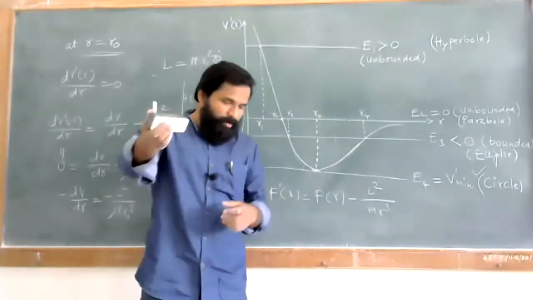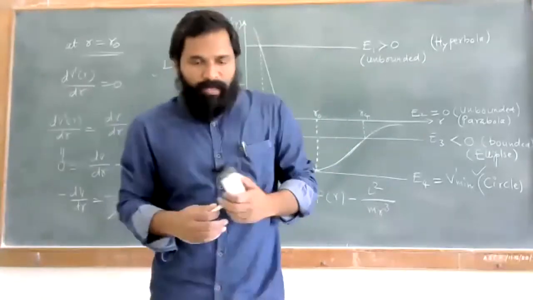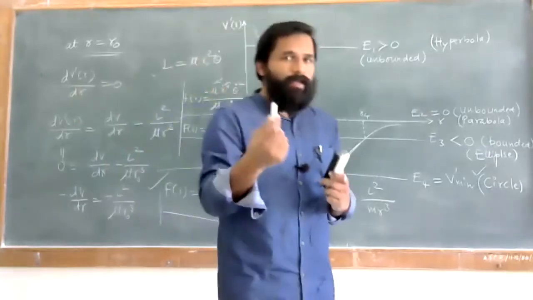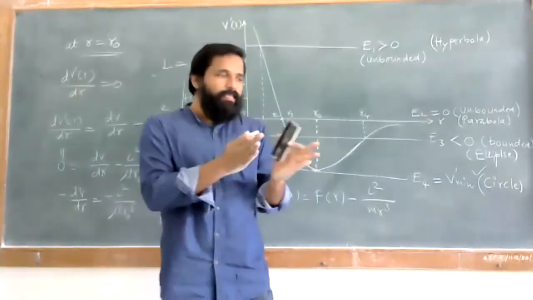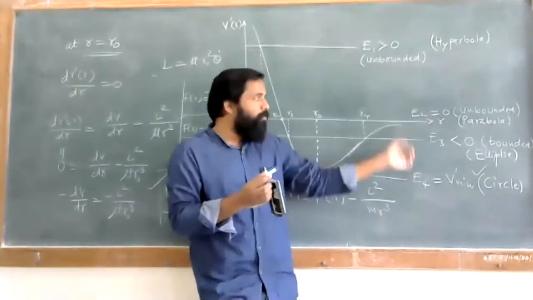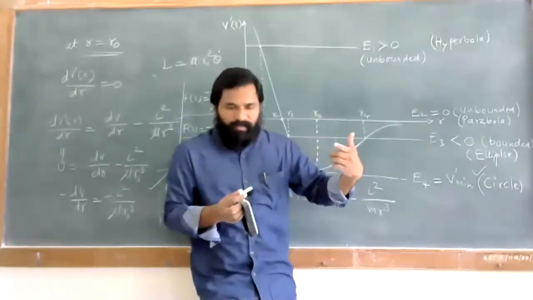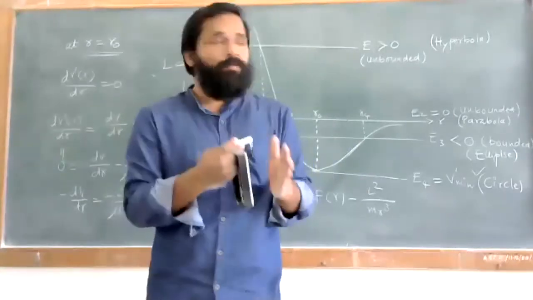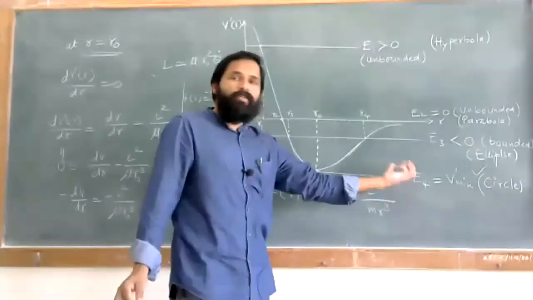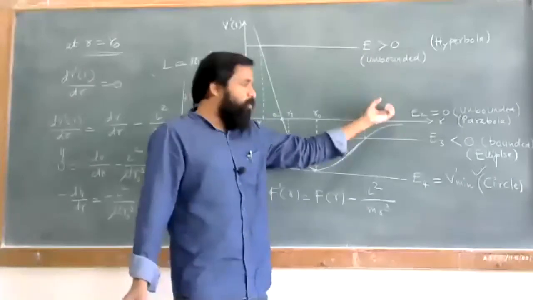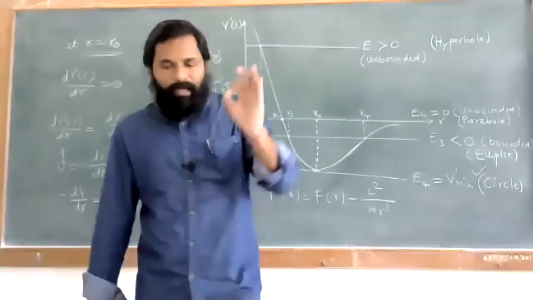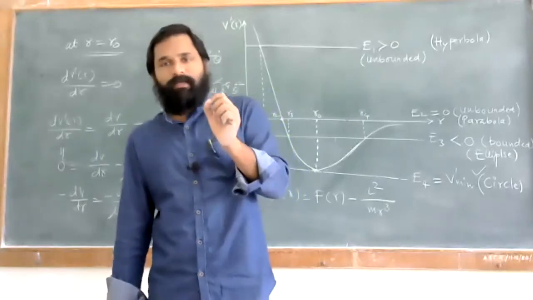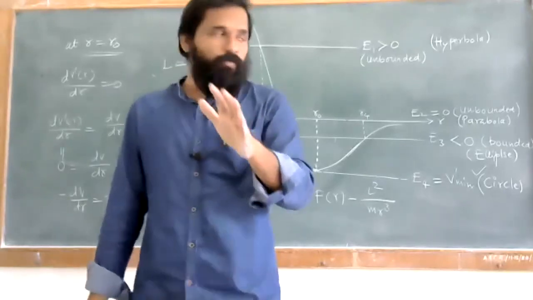So depending upon this, I think that day a link was shared with you, so from that link you would have noticed how the values of energy changed and depending upon that our path will change. Either it will be a hyperbola, parabola, circle or ellipse. So depending upon those values, we take the place here, nothing different. So we are calculating it with respect to an effective potential or with respect to your effective energy, effective potential or effective force.